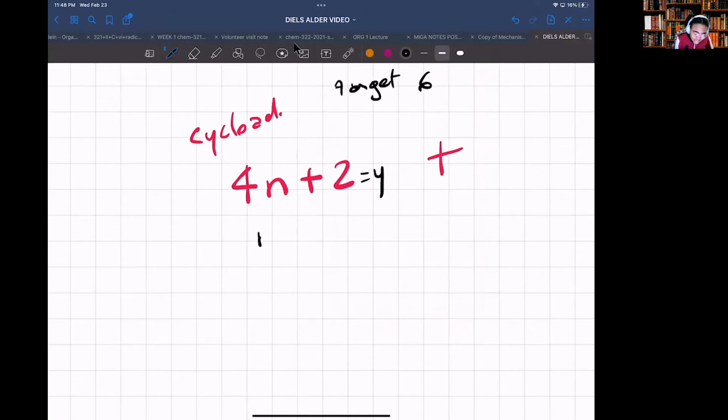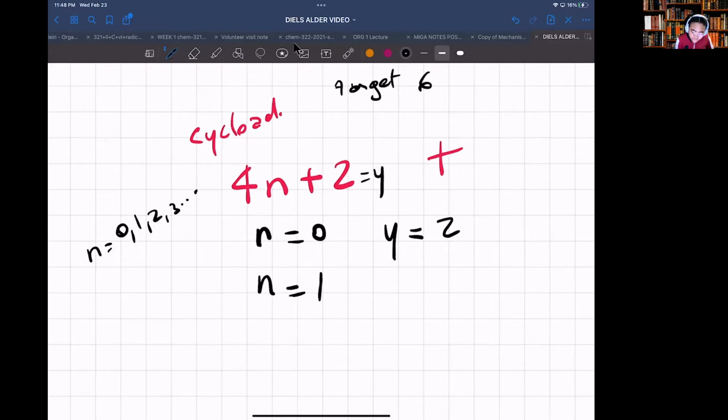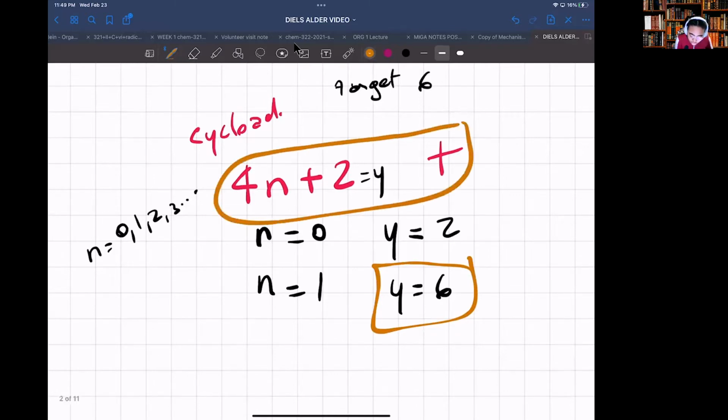N can be any integer: 0, 1, 2, 3, any integer, right? To infinity, I guess. If n equals 0, then y will be equal to 2. If n equals 1, then y will be equal to 6. Amazing, I got 6 using 4n+2. Then it should be heat, because 4n+2